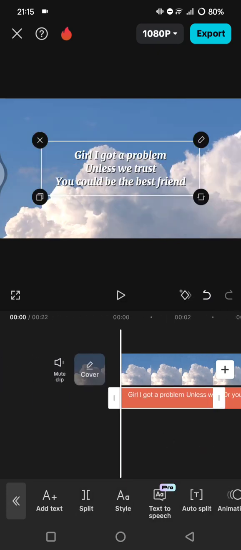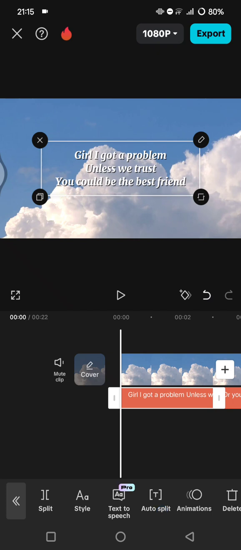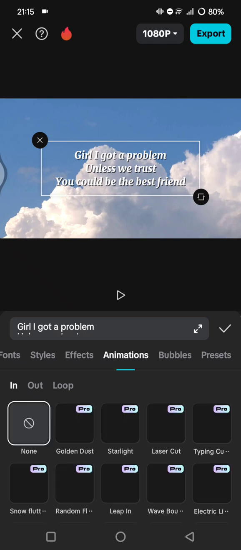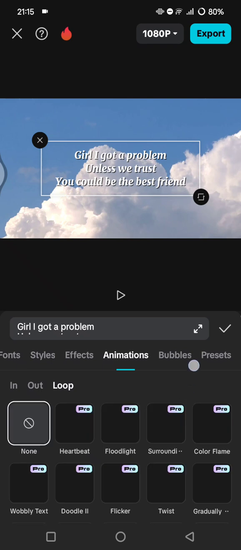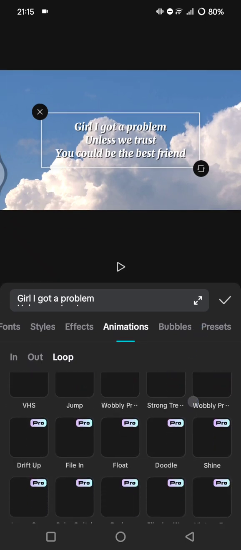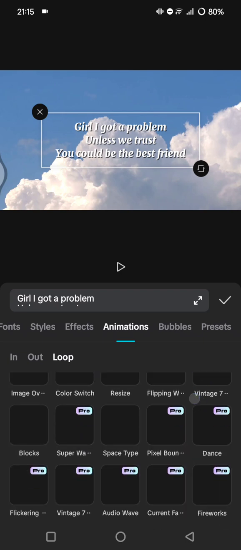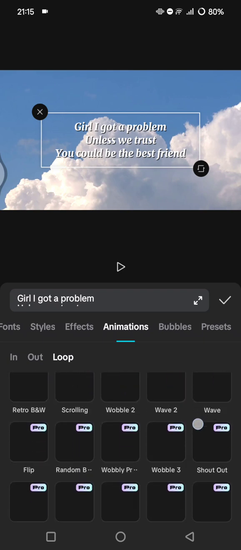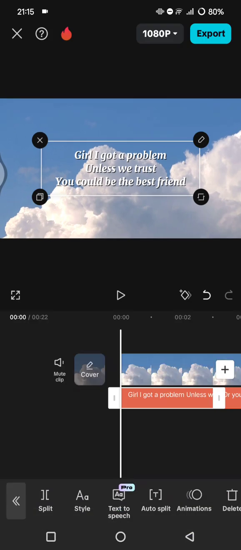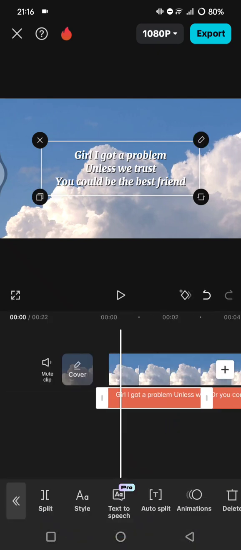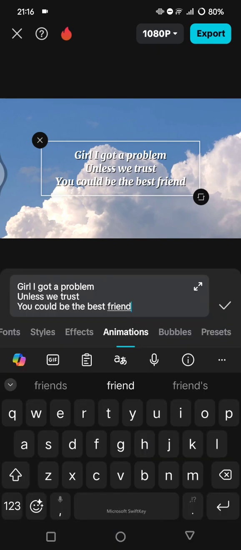But if you want to make it appear, for example, word by word, you can add some auto animations. You can click on animations in here and find the loop, and in here find the one that will allow you to make the text appear one by one. Or you can also do it manually by clicking on the text and split it one by one,